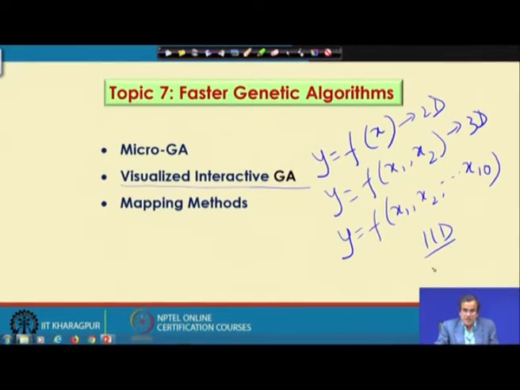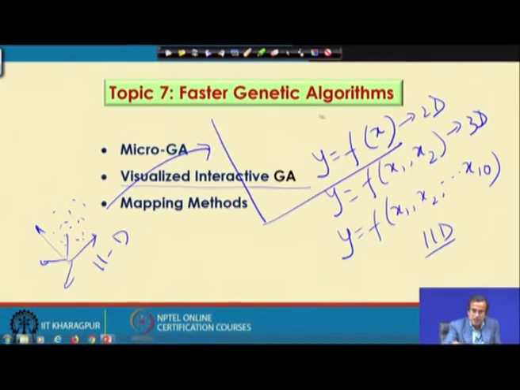11 dimensions we cannot visualize, that is why the data from this higher dimension are to be mapped. I have a large number of points in 11 dimensions, and these points are to be mapped in 2D just for the purpose of visualization. So, we take the help of some mapping methods. Using those mapping methods, these higher dimensional data are approximately mapped to a lower dimension for visualization, so that we can give some information to the GA